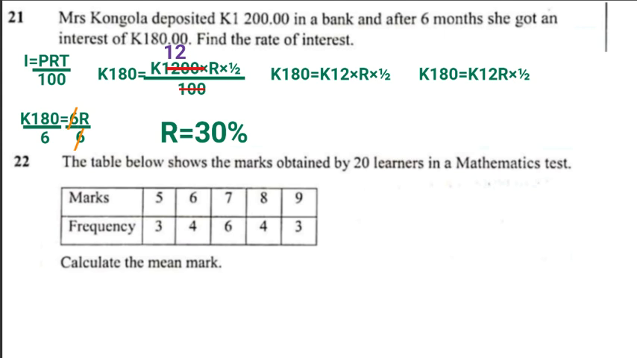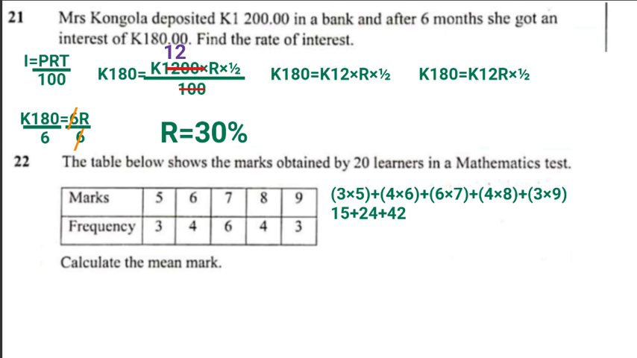So we're asked to find the mean mark. What we are supposed to do here is multiply the mark by the number of learners who got that mark, then add all the products. So we say 3 multiplied by 5 plus 4 multiplied by 6 plus 6 multiplied by 7 plus 4 multiplied by 8 plus 3 multiplied by 9. Now we can find the products. 3 by 5 will give us 15, 4 by 6 will give us 24, then 6 by 7 will give us